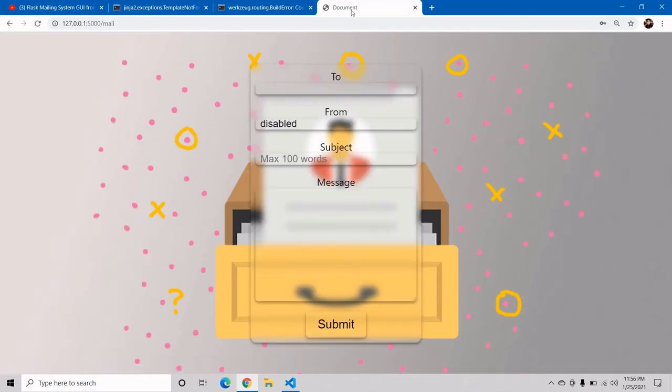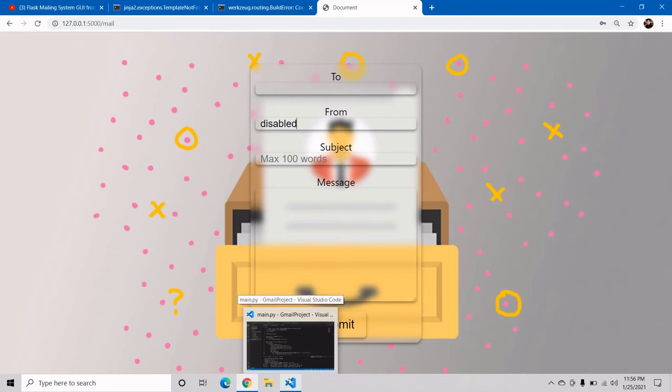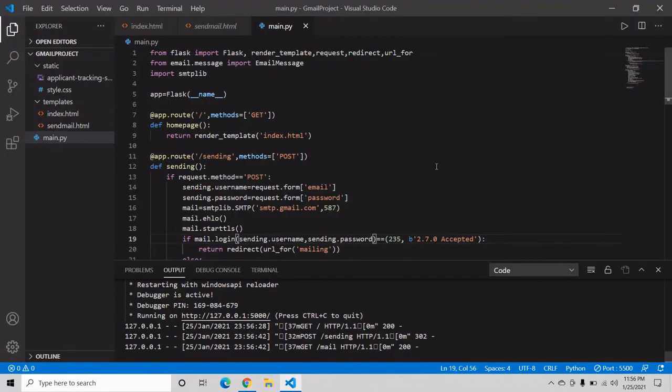Okay, now see, we have to pass this value also. Why is it not showing from? Let me see why it is not showing from.